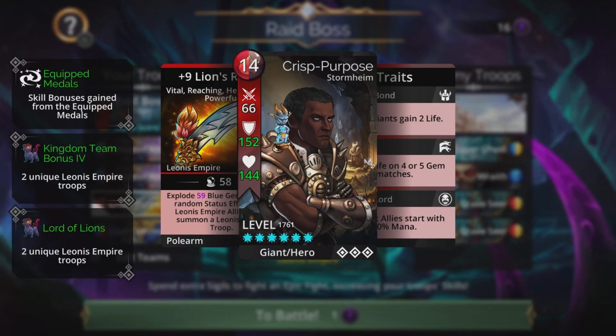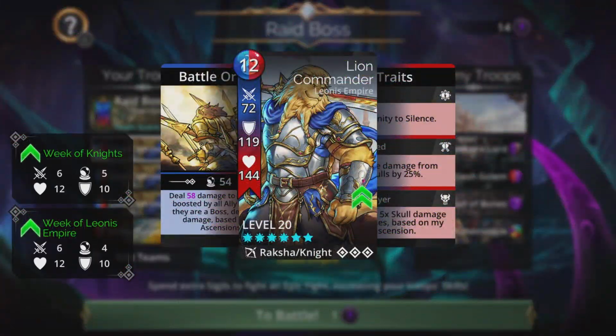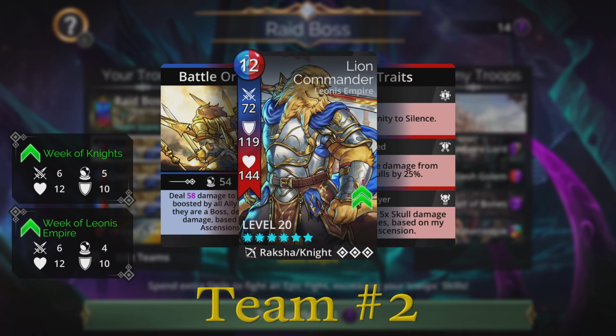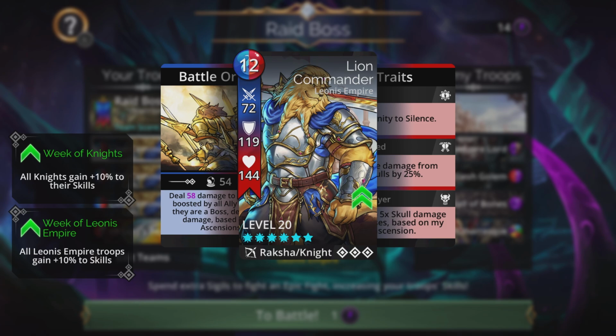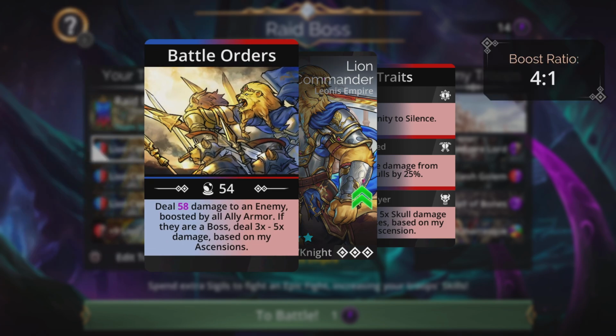All right, let's move on to the second team. And this right here is going to be the team that I think is going to be able to bring you all the way to the end to complete all your sigils for this raid boss event. This is going to be having ×3 of the Lion Commander. Now, the Lion Commander is a decent boss slayer, and he's a decent troop overall